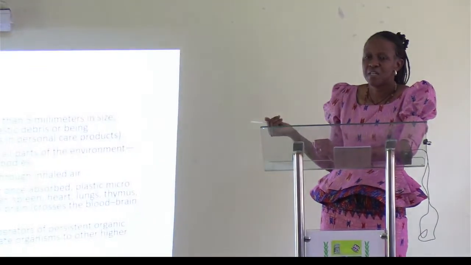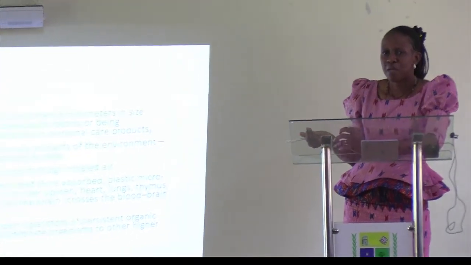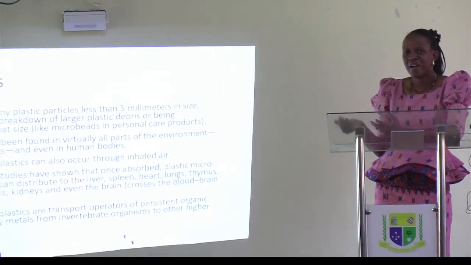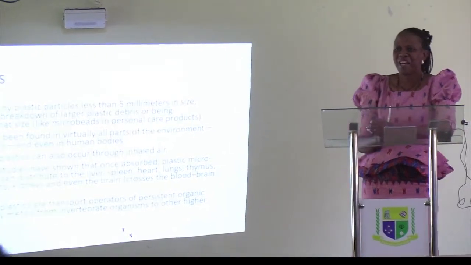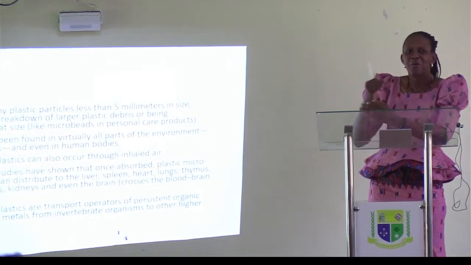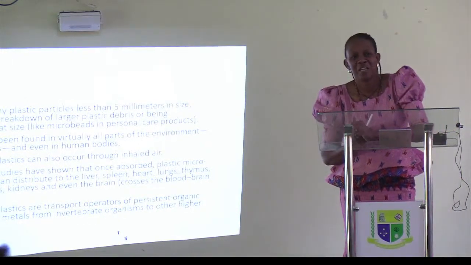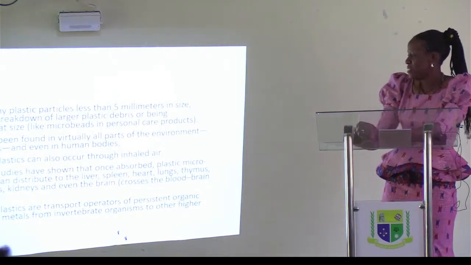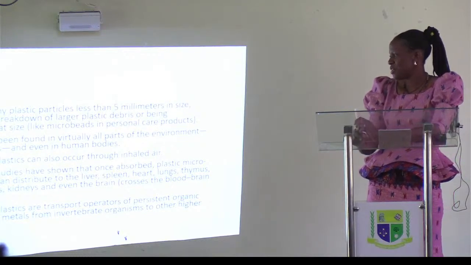There's also an article online where a group of scientists, from their research, are saying that microplastics have been found in the semen of men, and also in blood. So if we have these microplastics within us, what is happening to the next generation? We need to start to look at this.